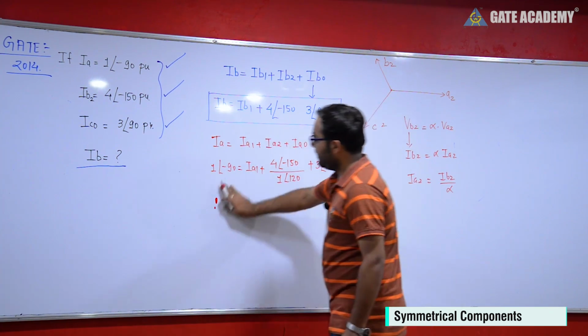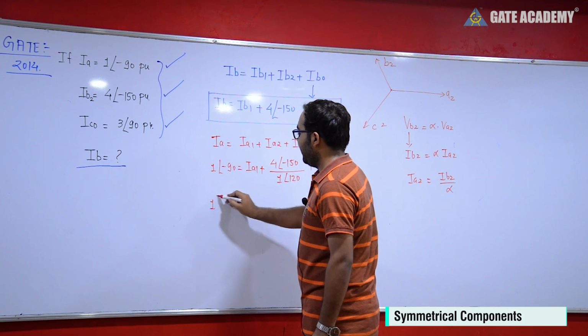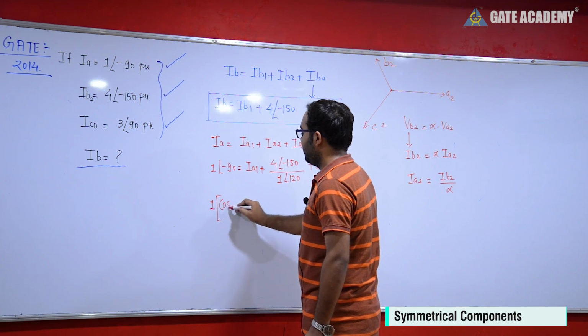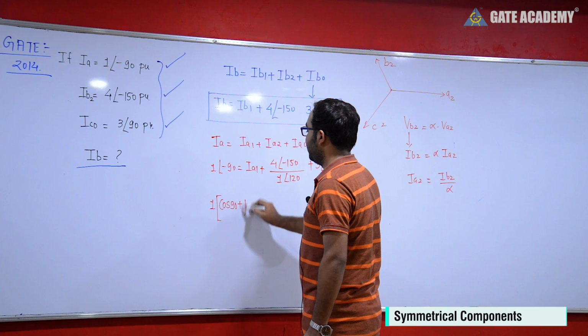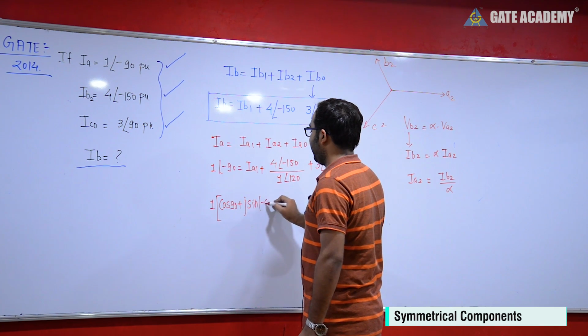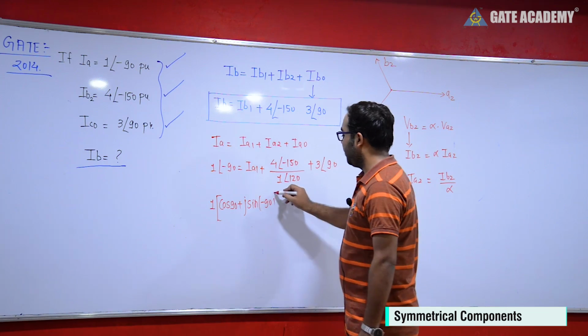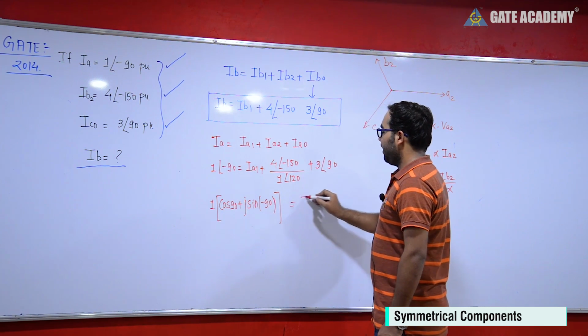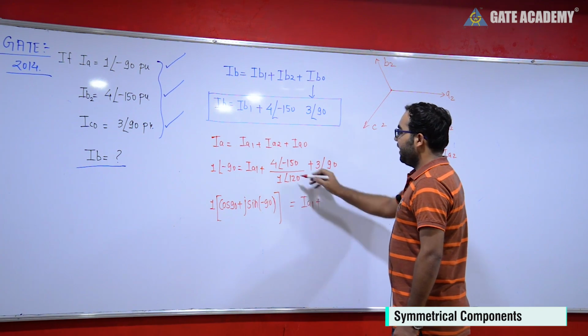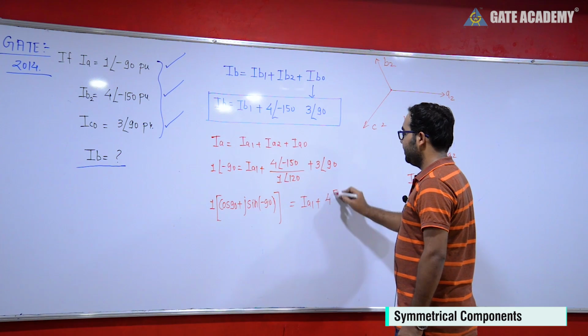See here, this is 1 at an angle minus 90. So we can say cos 90 plus j sin minus 90. Here we also get minus, but because cos of minus theta is equal to cos of theta, there is no need to write it like this. We are going to find this value IA1. It will be equal to 4 at an angle